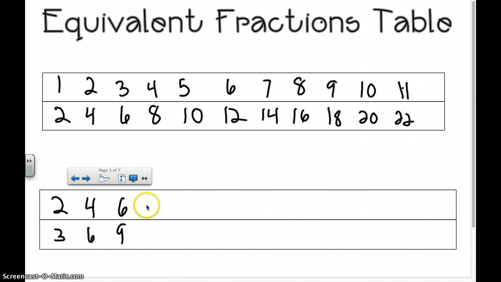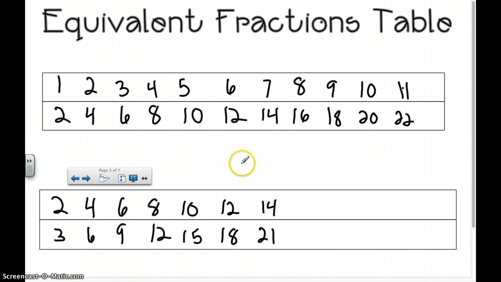So I'm going to go 2, 4, 6, 8 twelfths. I'm going to go 2, 4, 6, 8, 10 15ths, 12 18ths, 14 21sts. So I want you to work on creating your own equivalent fractions table by skip counting by the